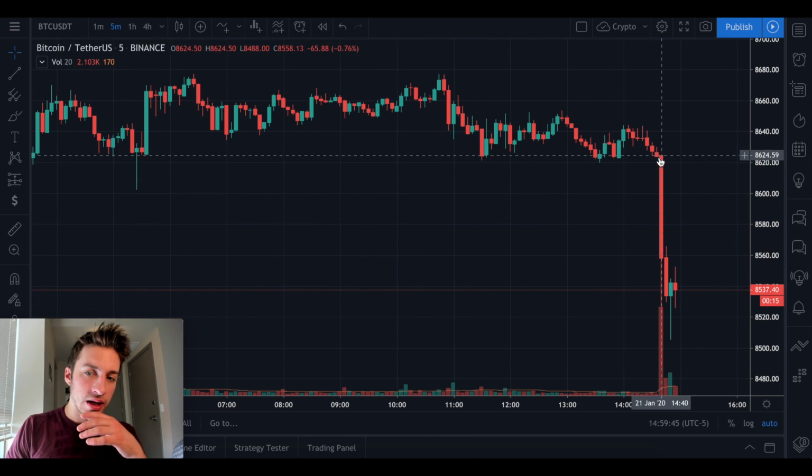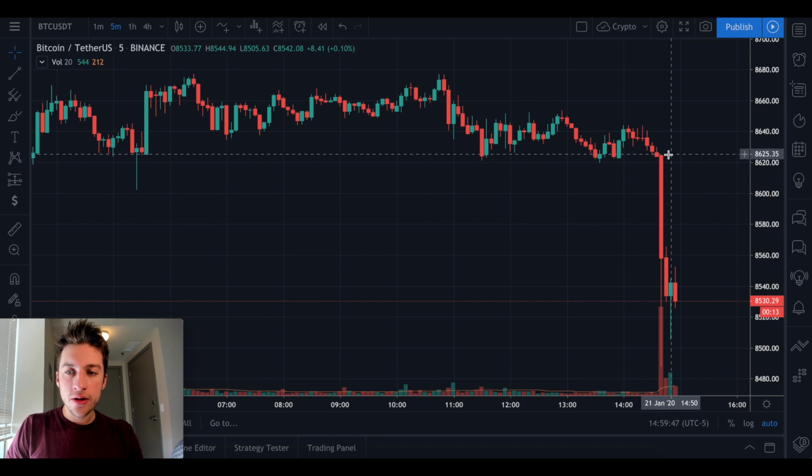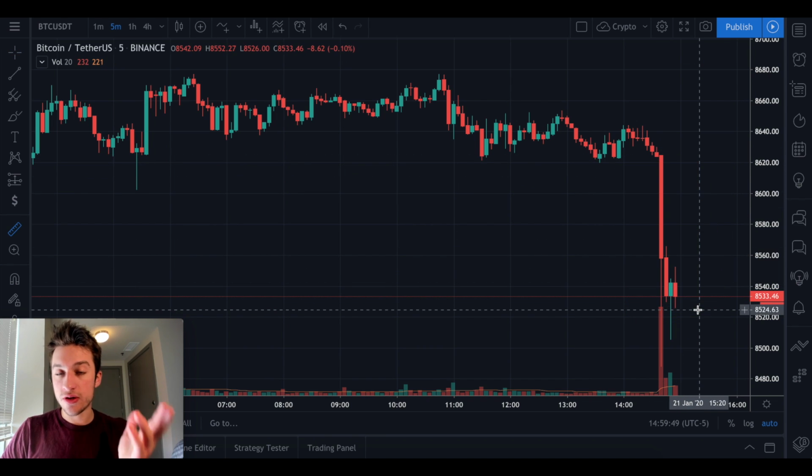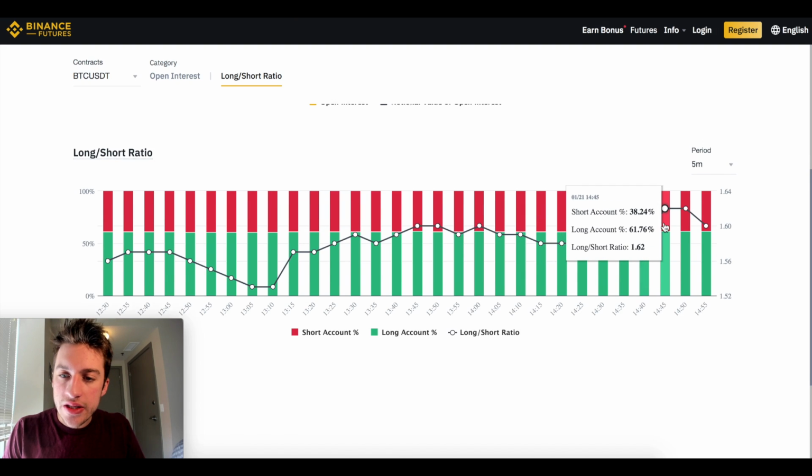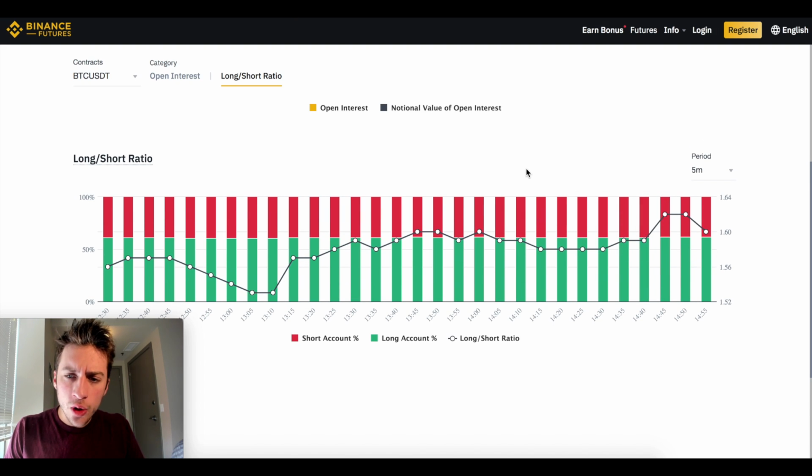Now, you may say, wait, this may have been hard to play. This is a beautiful time to have shorted. I mean, you just made a 1% profit at 100 times leverage. Don't do that, but if you do, that's doubling your account. Now, what we see here is that a really good time that we probably should have gone short isn't when